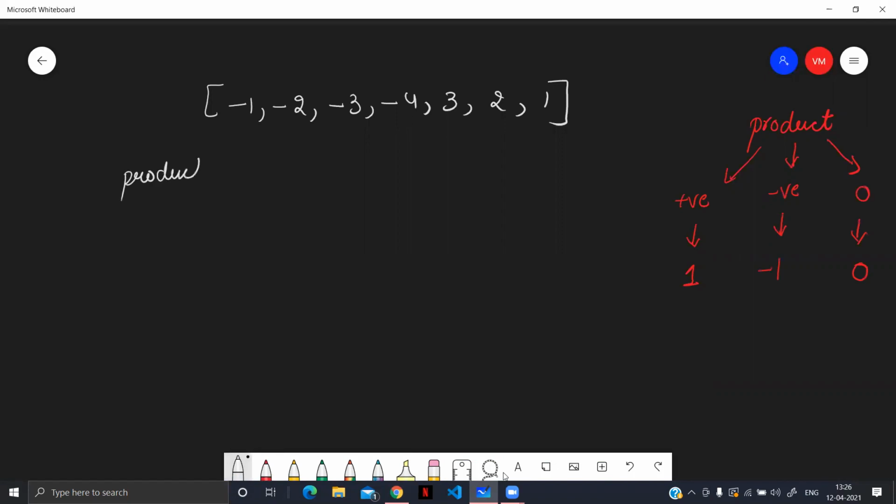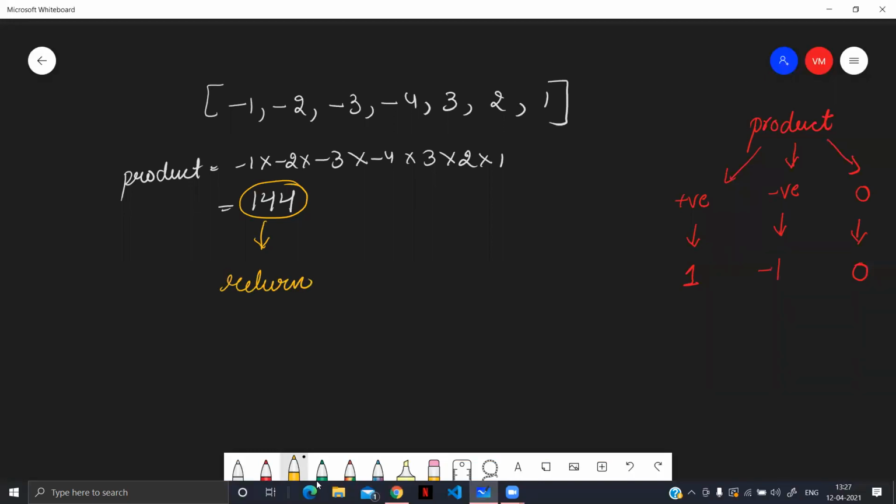Here, if we calculate, the product will come out to 144, which is a positive number. So here, our function will return a +1 because this is a positive number.